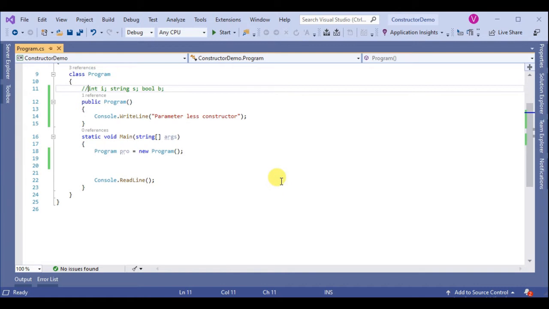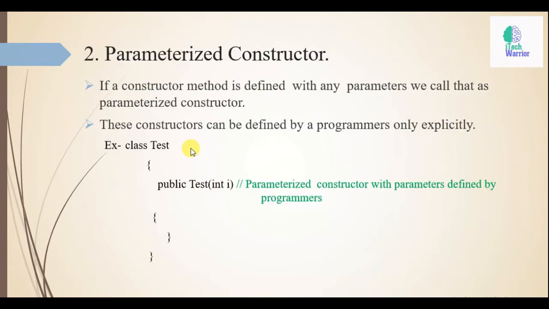So move to the second constructor. The second constructor is the parameterized constructor. This constructor has parameters, and this constructor is explicitly created by the programmer.